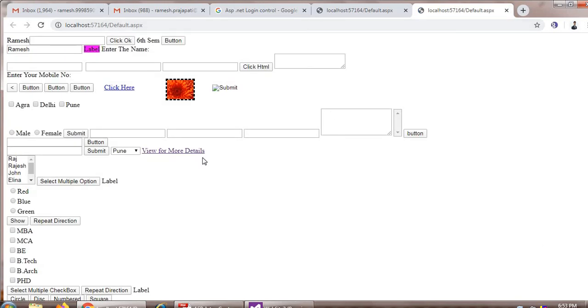Okay, let's see. We have added all these courses over here, and you can see these are all the courses we have added in a form load event: MBA, MCA, BE, BTech, right, like this.